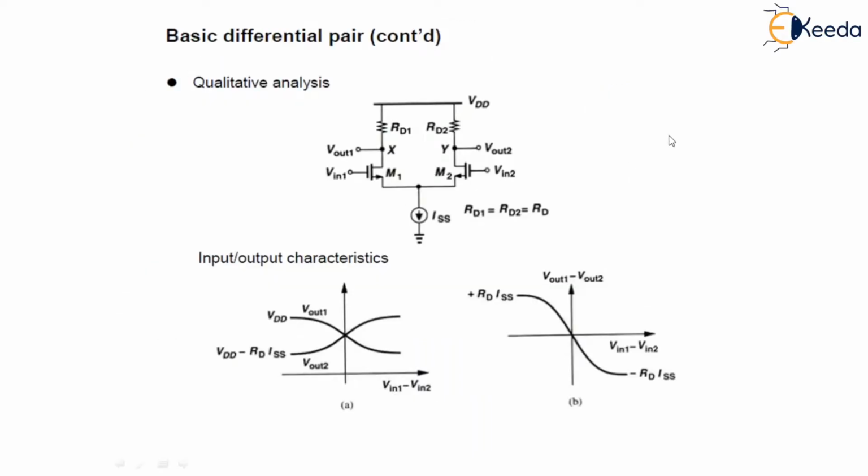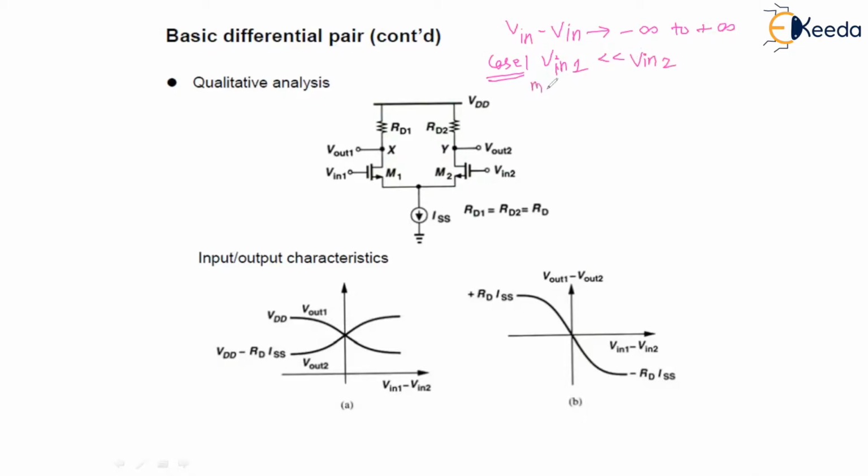Let's assume that Vin1 minus Vin2 varies from minus infinity to positive infinity, as shown in this figure. Taking the case where Vin1 is more negative than Vin2,